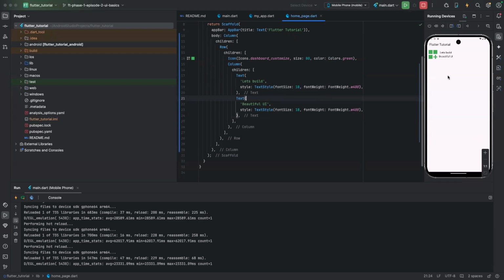Now, you see that we have a row from here up to this side, okay? But this row has an element, the first one, and then it has another element which is a column, but the column has children, this and this. While the column and the icon are children of the row, the two text fields, two texts are children of